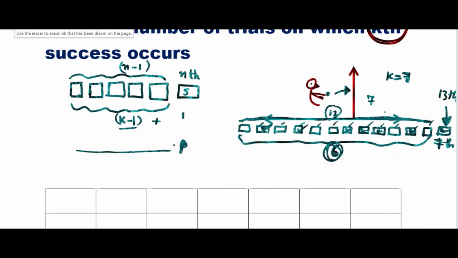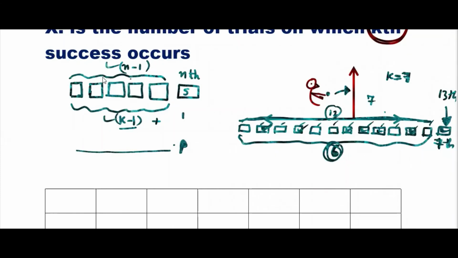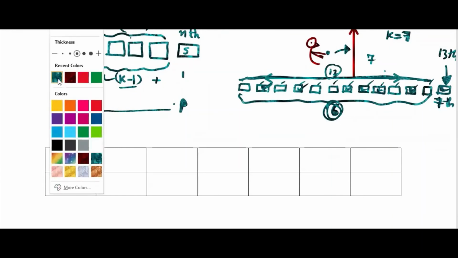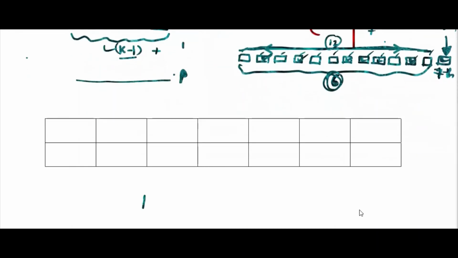So for that I have to use a binomial probability here. Any k minus 1 from n minus 1. So the final formula, let me write. Even if you don't get it here, do some problems. Don't worry about all these. Don't go after the formula. Though it's not difficult, some, when they see it the first time, think it's a bit difficult. I don't know how you take it.